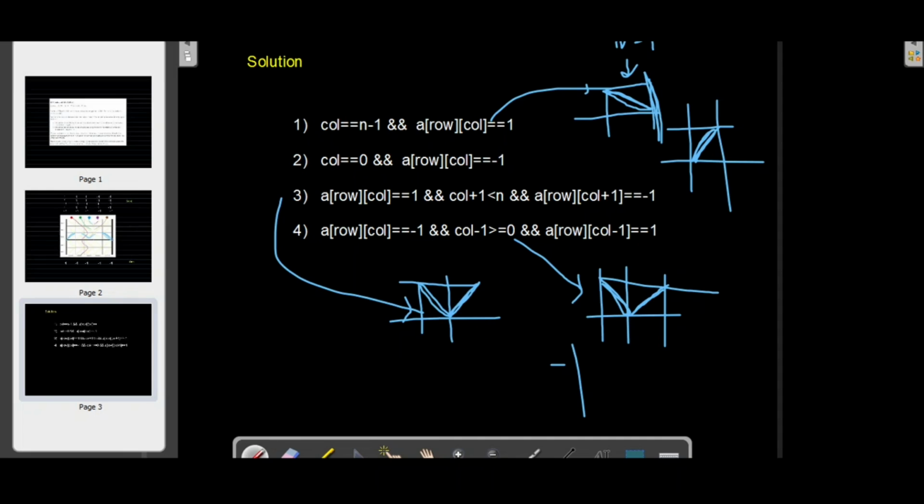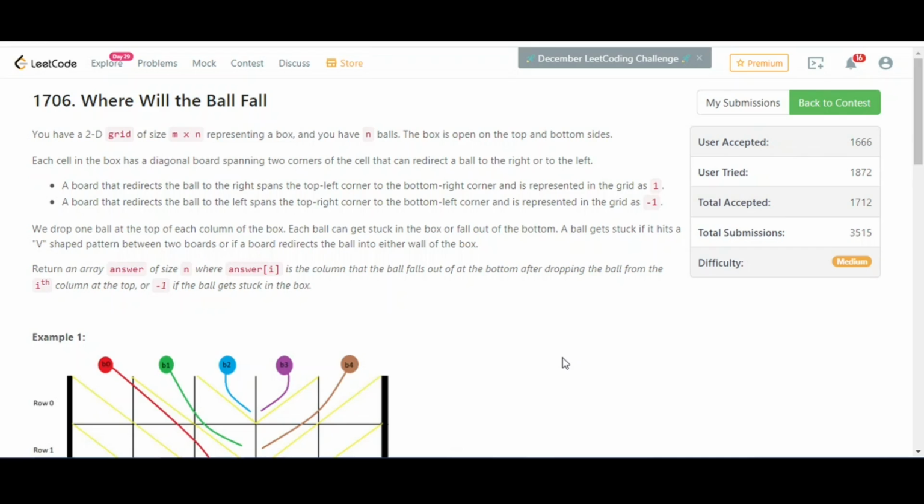So we just need to make sure that we are always incrementing the row count and incrementing the column count corresponding to the diagonal. If the diagonal is like this, we need to do j plus plus. So we need to write column plus plus, we need to increment the column, and if the diagonal is like this, we need to decrement it. So let's see the code of this solution. It will be more clear in the code itself.